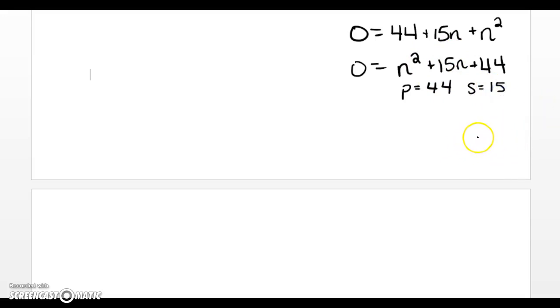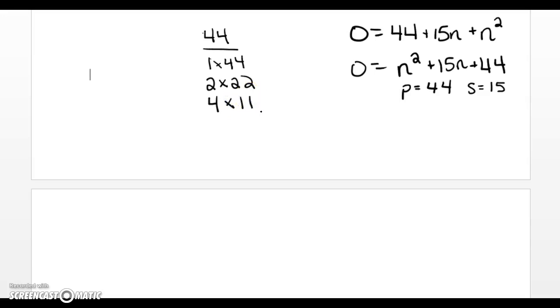So you want to look for two numbers that multiply to 44 and have a sum of 15. If you have some trouble, you can write down the factors of 44. So you have 1 times 44, 2 times 22, 3 can't divide into 44, so then you have 4 times 11,